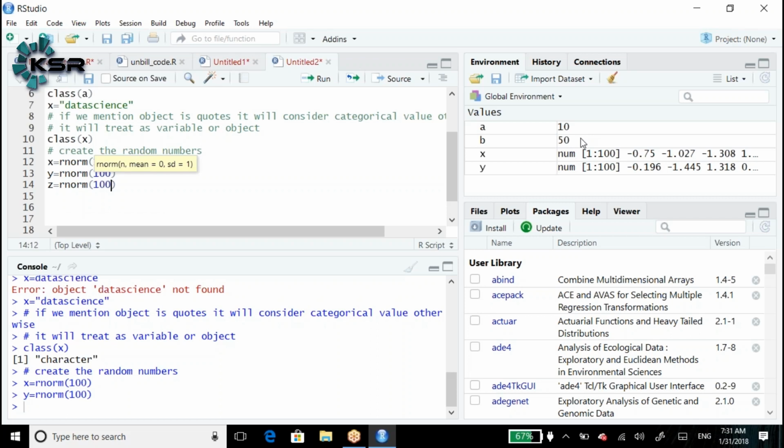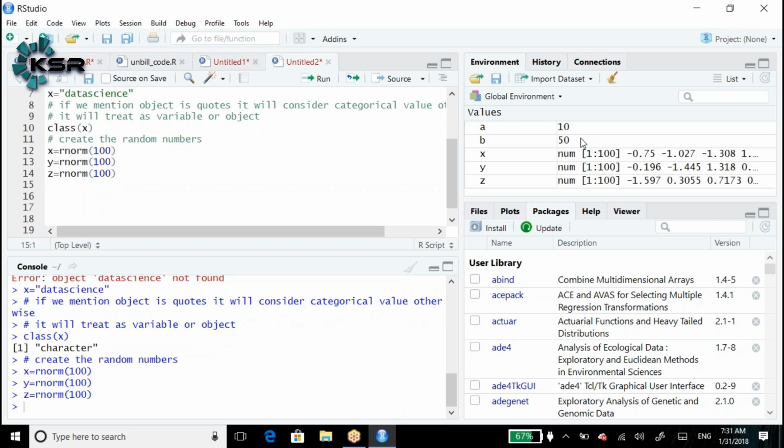How many objects have we created so far? 3 objects X, Y, Z. Of course A, B we also created, but that is just assigning. Randomly we have created the 3 objects, X, Y and Z.